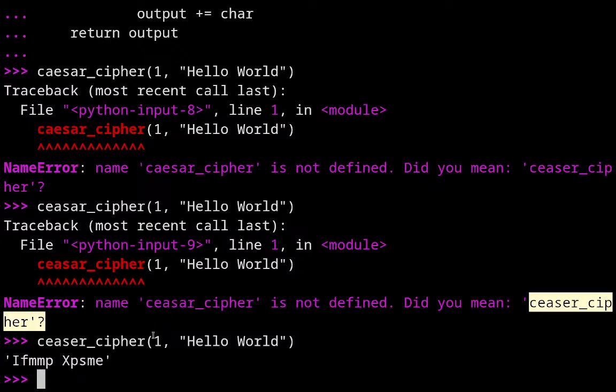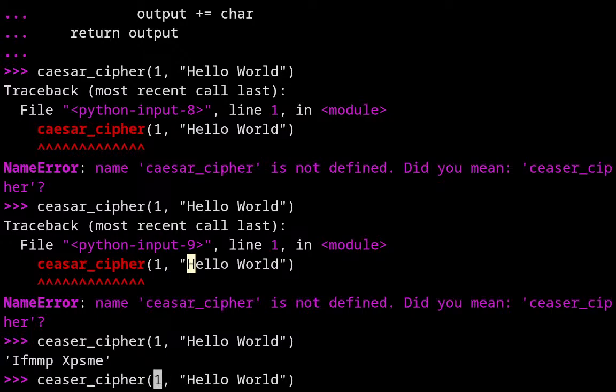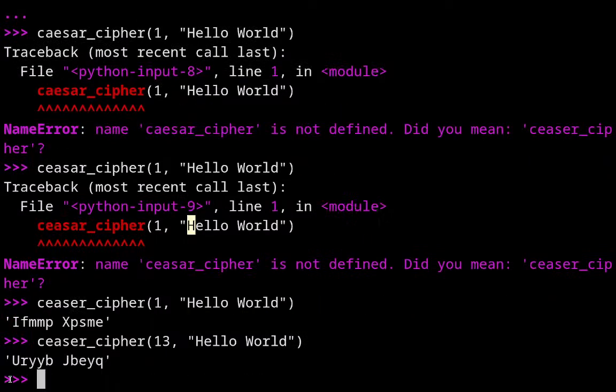You can see that when I shifted by 1, capital H turns out to be capital I, E becomes F, L becomes M, basically the character next to it. Let's try 13. I get this value, right?